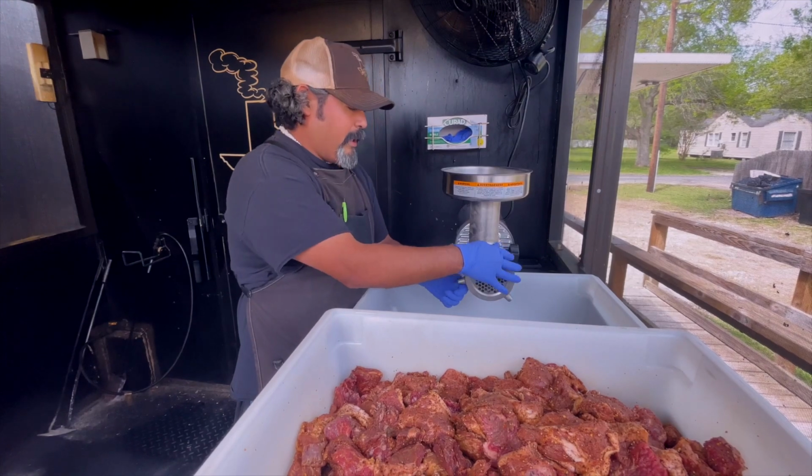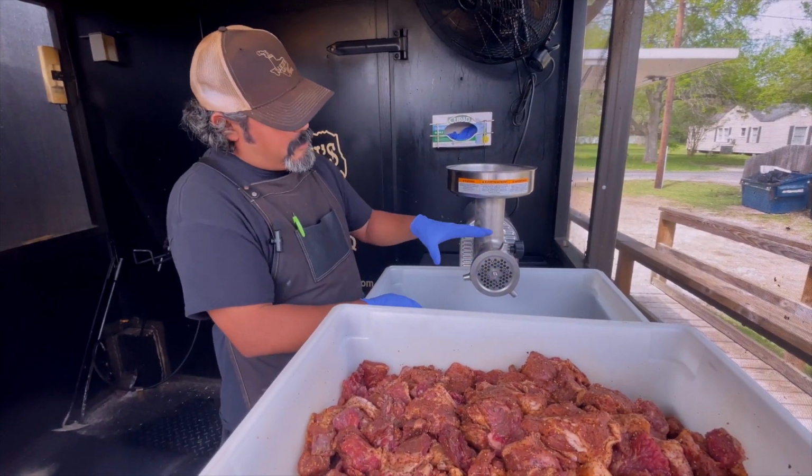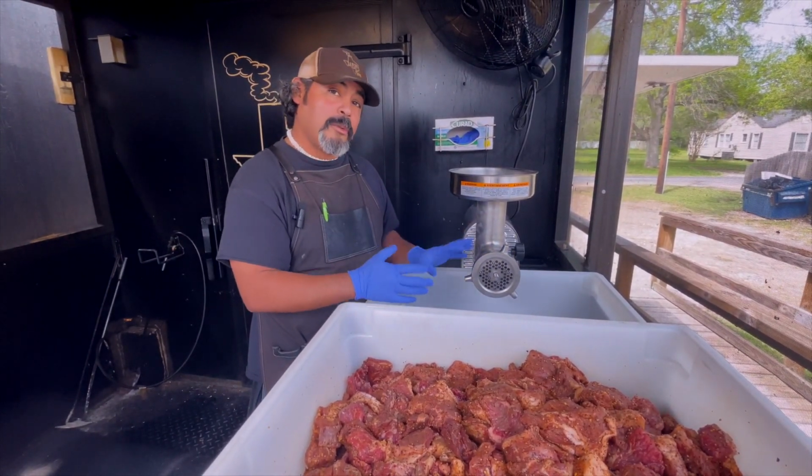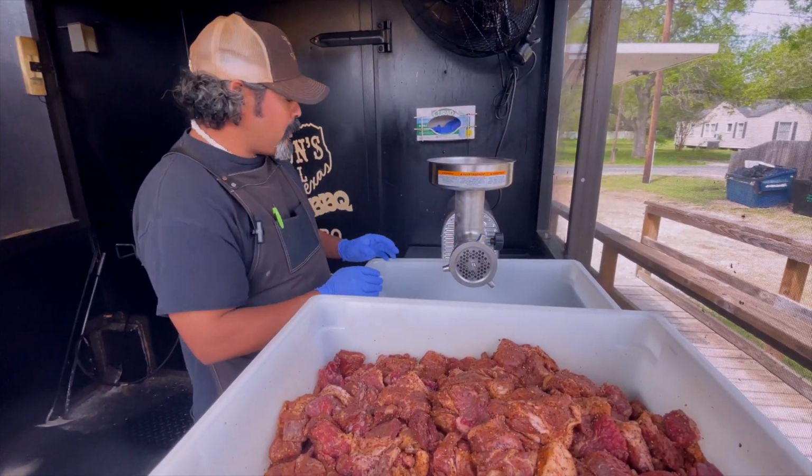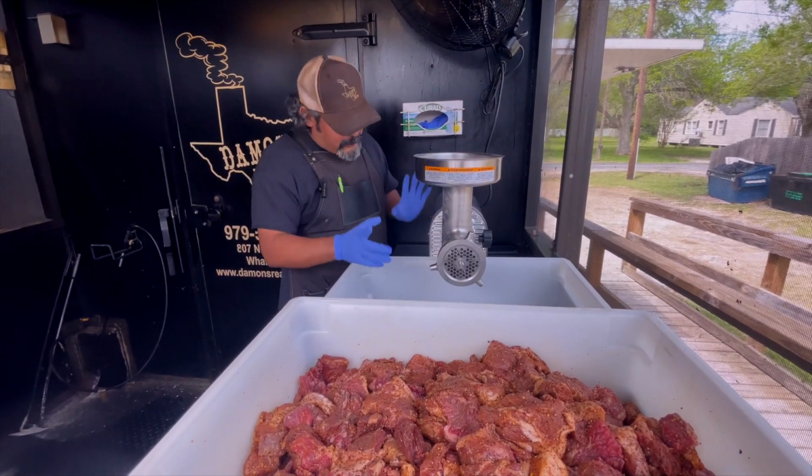So I always stick it in the grinder. I usually do it the night before, but at least an hour before you start. Throw it in your freezer and let it get really nice and cold. All right, and also